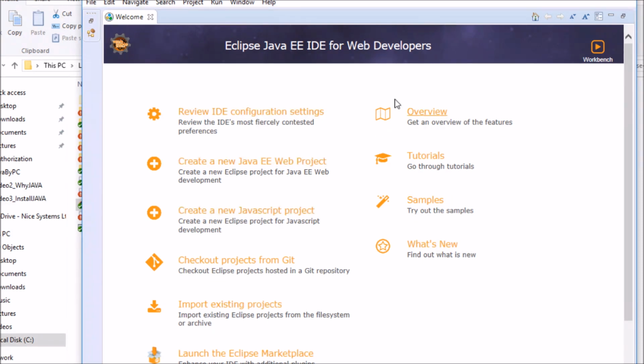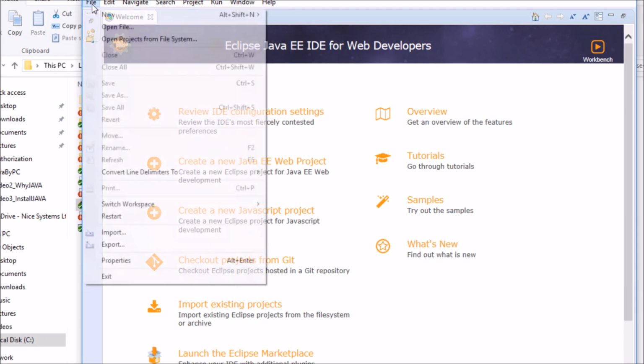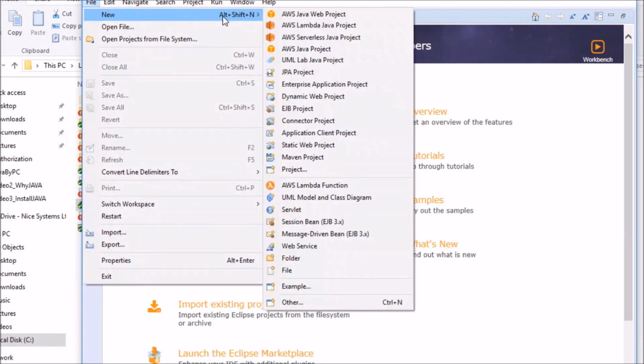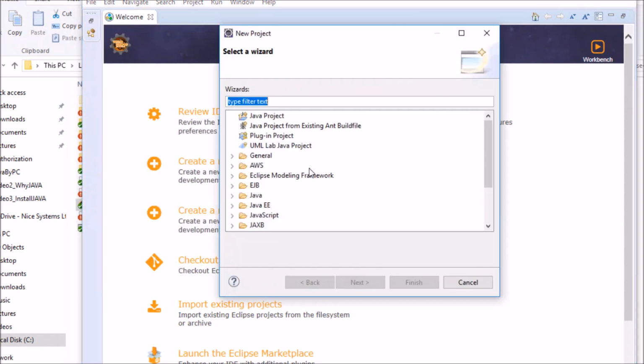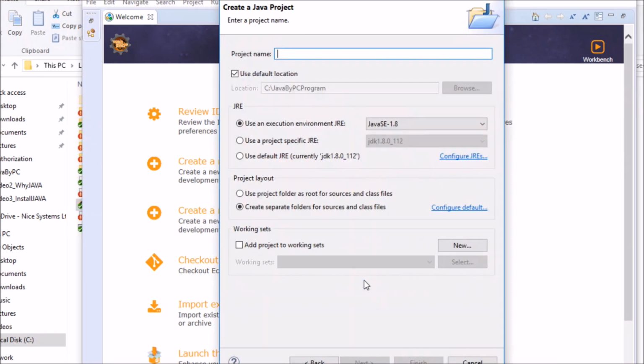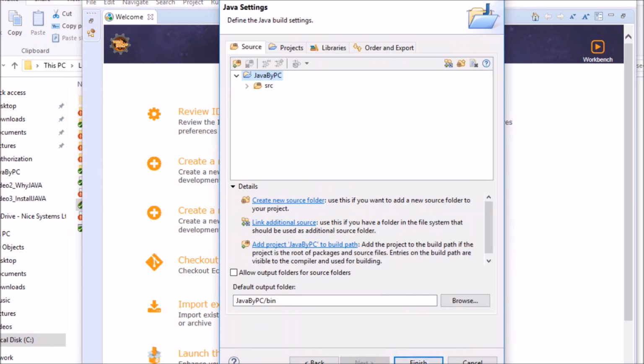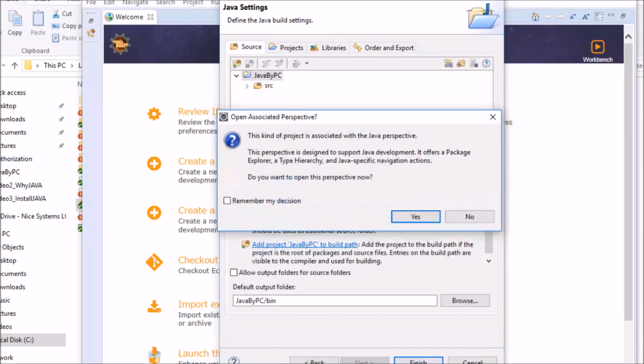This type of screen you will get after opening Eclipse. You need to create one new project. We'll choose Java project and you can give it any name you want. Next, next, finish.